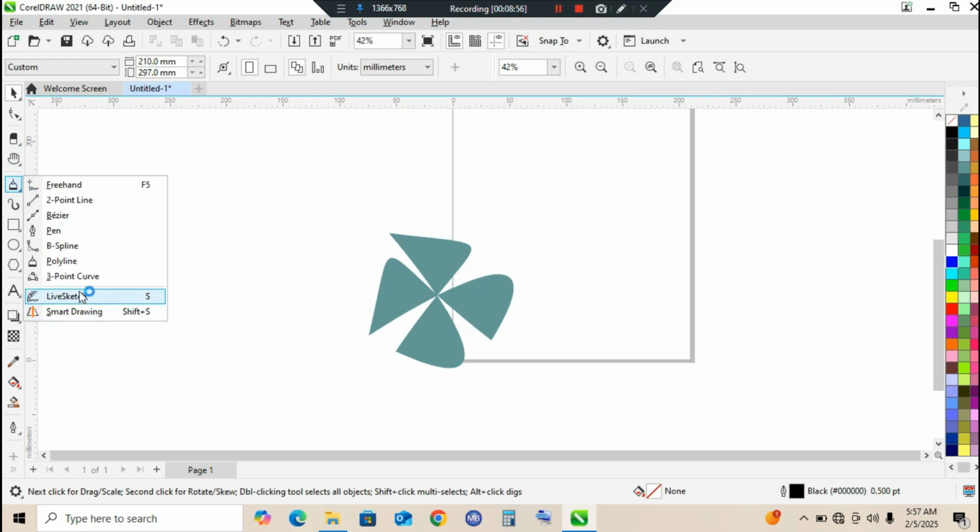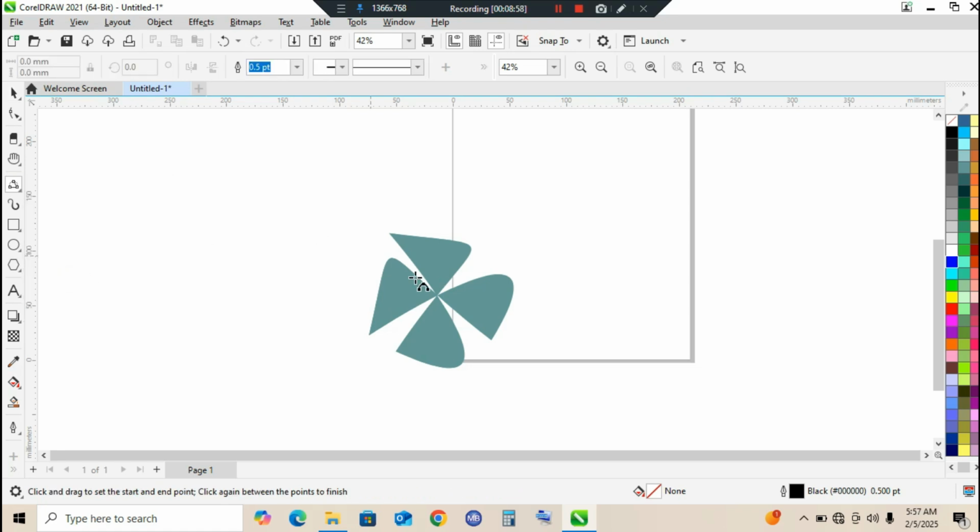Then we have the 3-point curve. The 3-point curve is used for drawing a curved line, either a vertical curved line or a horizontal curved line. Now, if you want to draw a horizontal curved line to face either the right or the left, you need to drag this thing from up